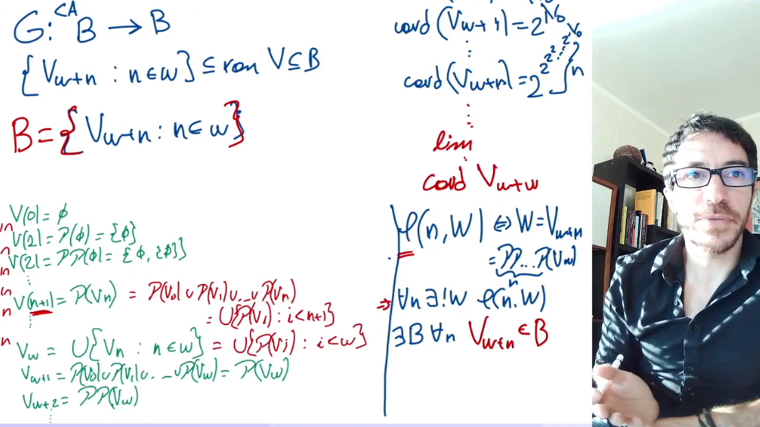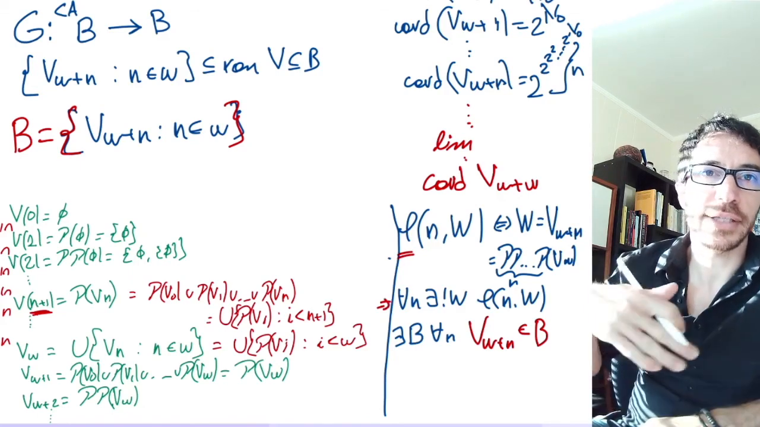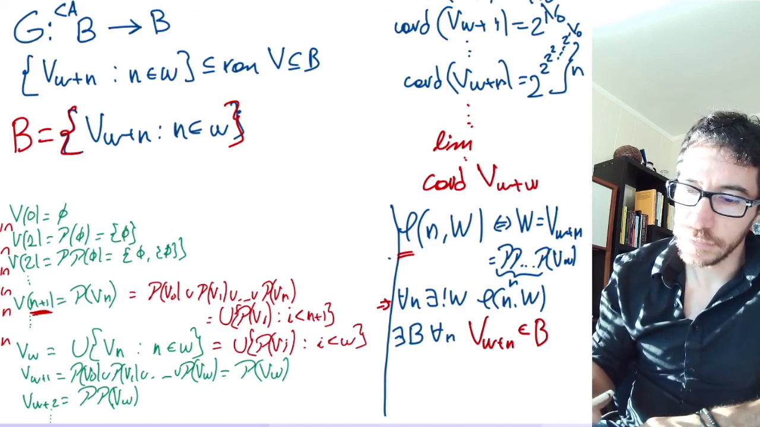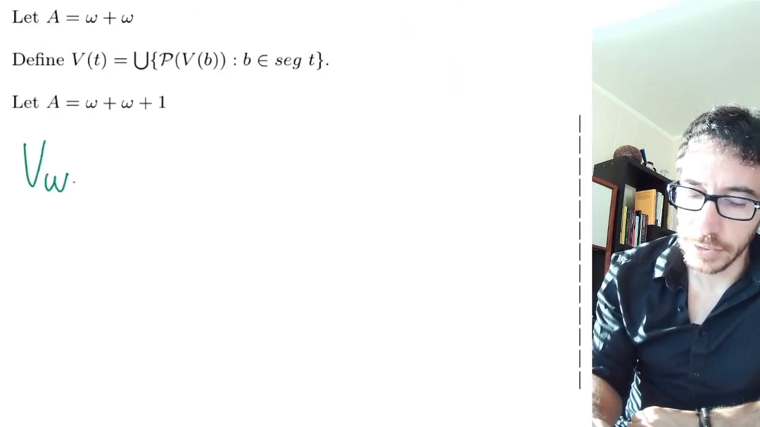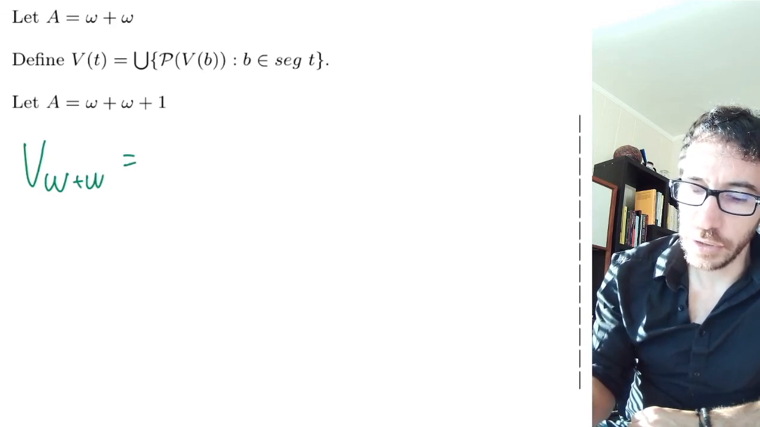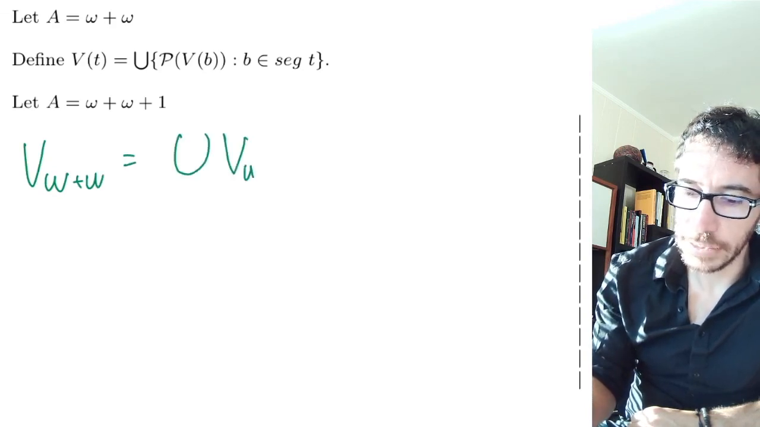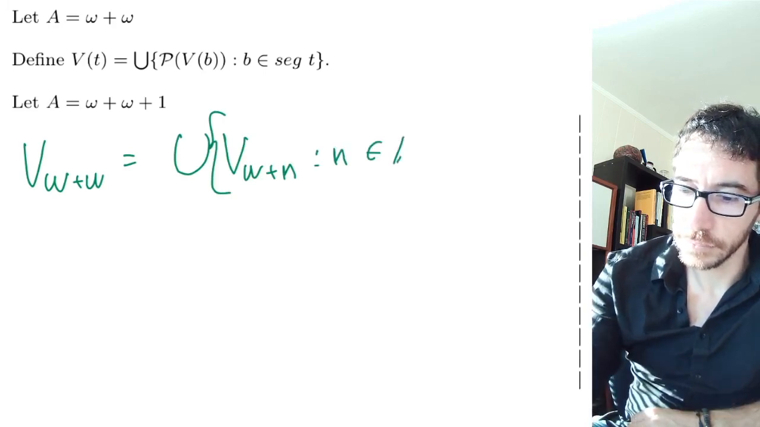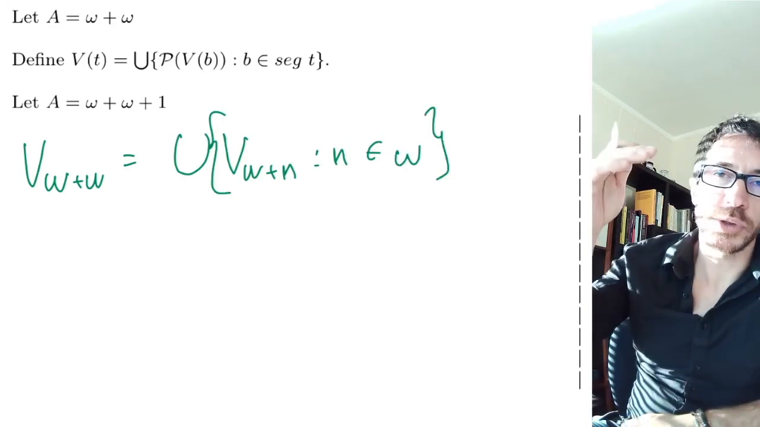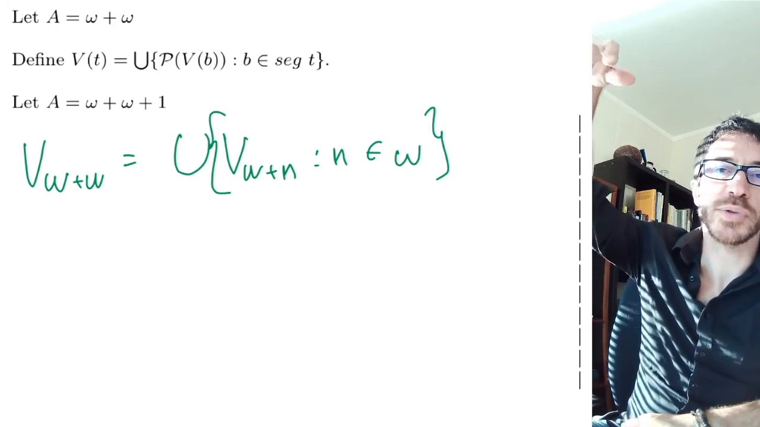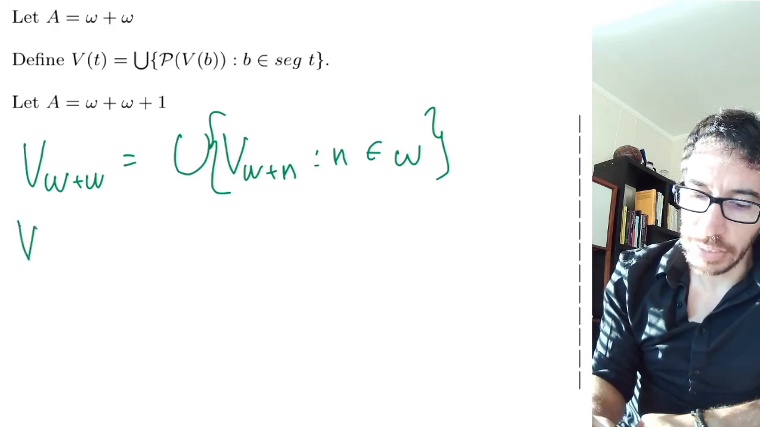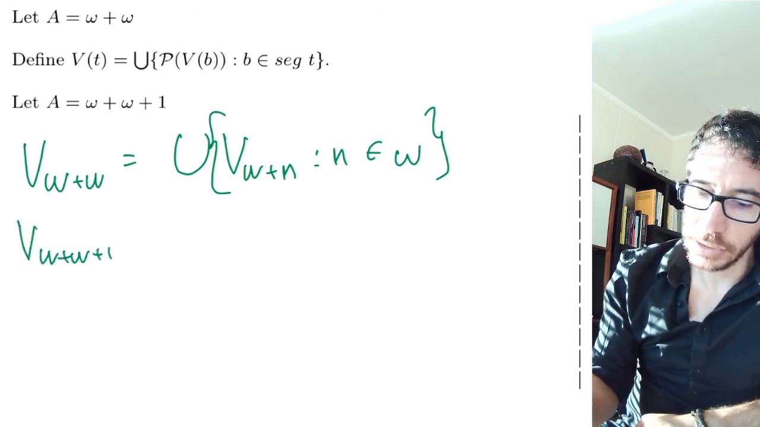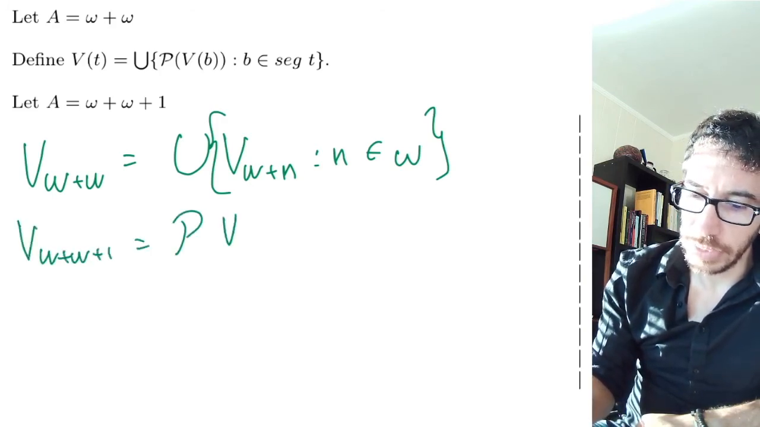Once you have this B, then you can keep on going, right? Then you can take the union of all these guys, and consider V omega plus omega to be the union of V omega plus n for n in the natural numbers. And this one is going to have cardinality 2 to the 2 to the 2 to the 2 to the aleph naught at the end, and you can keep on going. Then you can take the next one to be the power set of V omega plus omega,